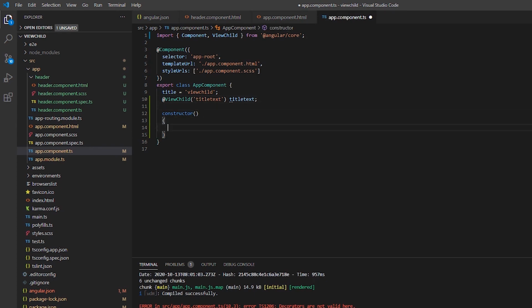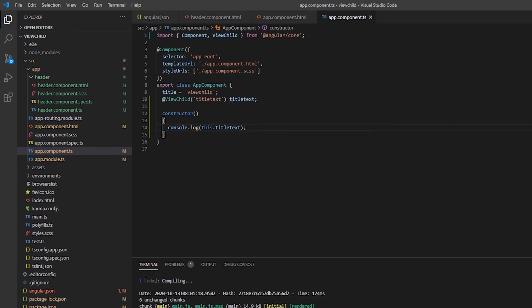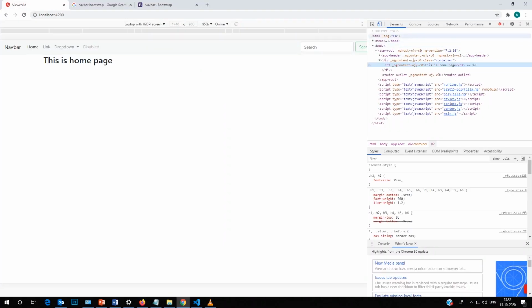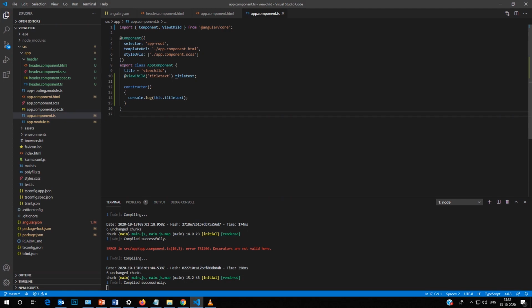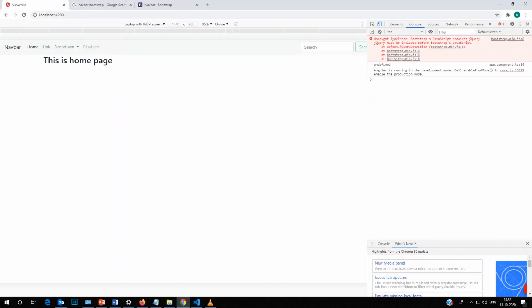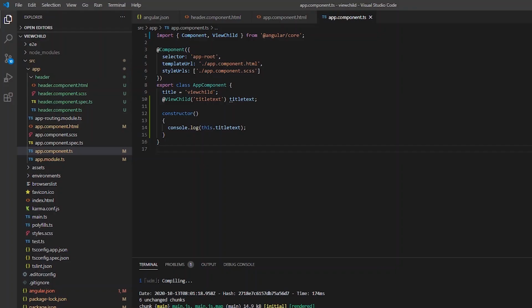Now let's console it in the constructor and see the result. So you can see it is giving undefined within the constructor. That is because by the time the constructor is called, we have not rendered the children.